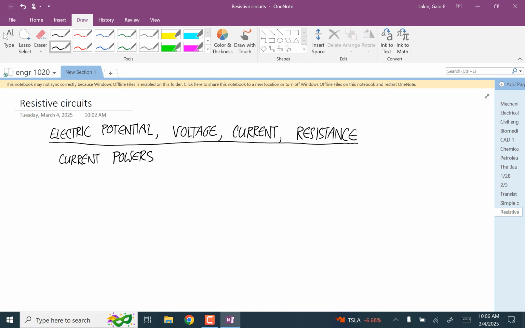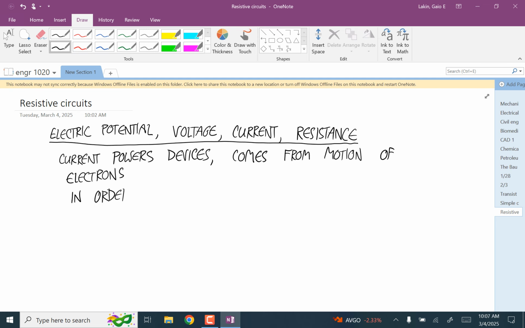Current is the thing that powers devices, and current is defined as a movement of electrons. If you have a lot of current, you can power a big device. If you don't have much current, you can only power small devices. In order to understand how electrons move,